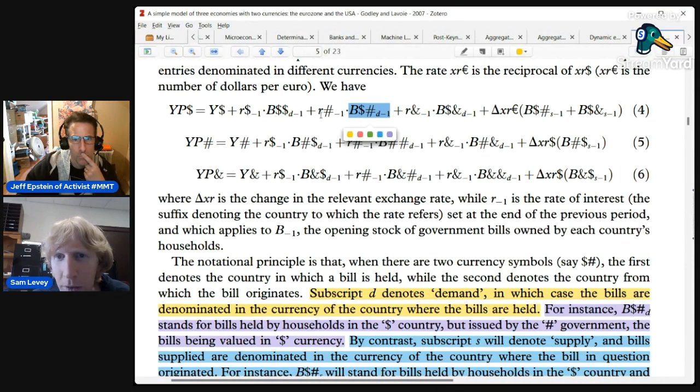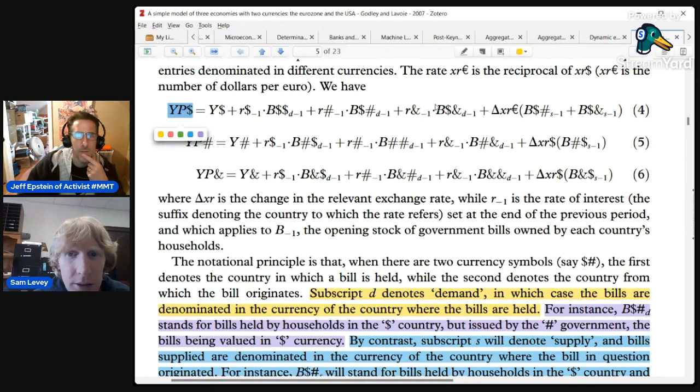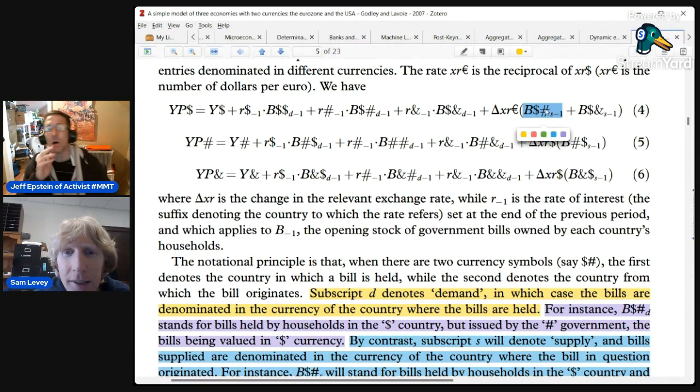But in this case, what we're interested in is the interest income. And so when they write a D here, you just value this in dollars and then multiply it by the interest rate to figure out how much dollar interest they're going to earn. Yes. Whereas here, we're interested in the capital gain that happens because of the exchange rate. And so here, when we write it using an S, we're valuing it in euros now instead of dollars. And then the change in the value of the euro relative to the dollar causes you to earn dollar wealth.